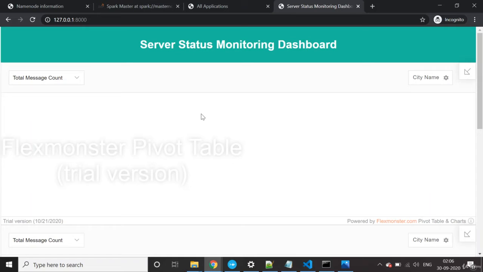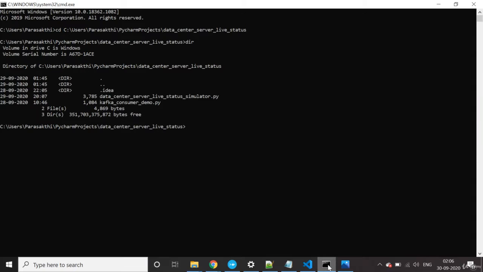Right now there is no data. Let's start publishing some data using a simulator. I'm going to run it from the command line with Python. Our simulator is called the Data Center Server Live Status Simulator. Let's publish the data.